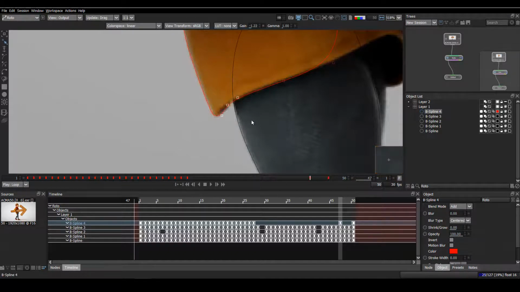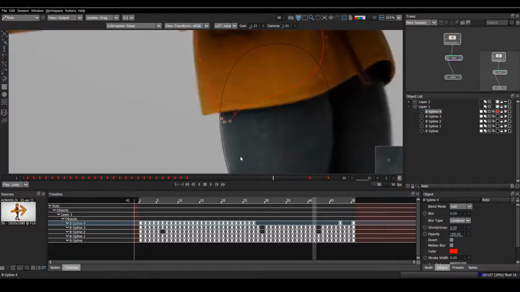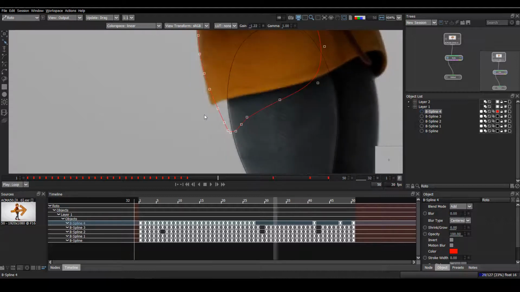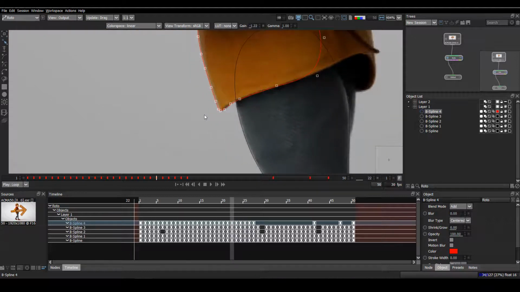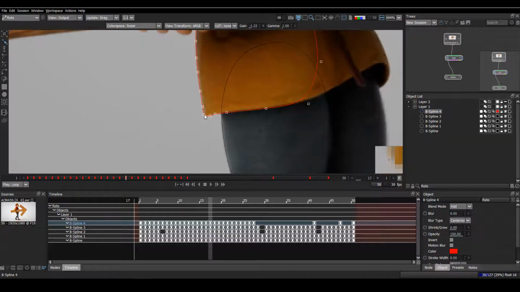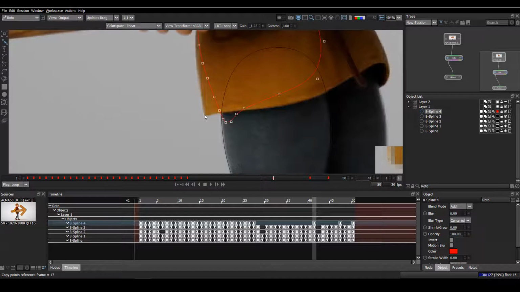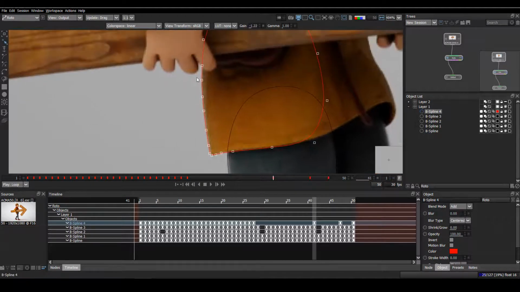Okay, so for now I'll come here, I'll see on which frame it's coming here. Okay, so let's see. Yeah, this frame, so I'll copy, Control Alt C, Control Alt V. Okay, so now it's set.